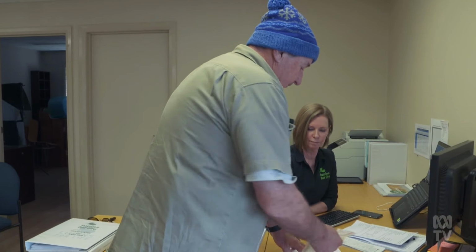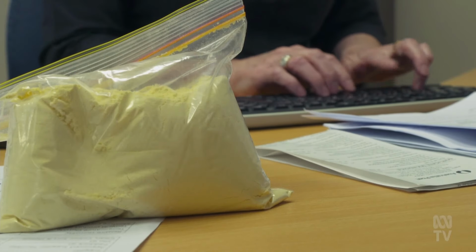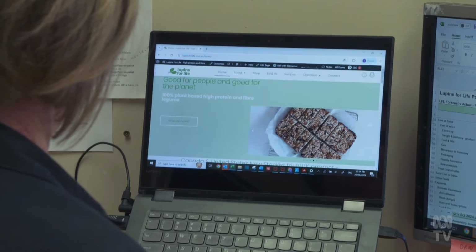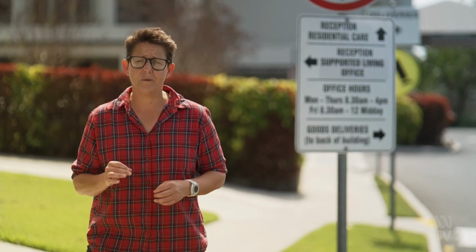Thanks, Mel. But the price fluctuations, from $350 a tonne up to $1,000 a tonne, there are times when everybody wants to have a go at it, but there are also times where they can see a better gross margin in other crops. The nutritional value of lupins